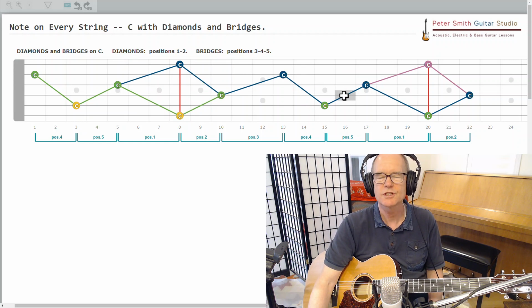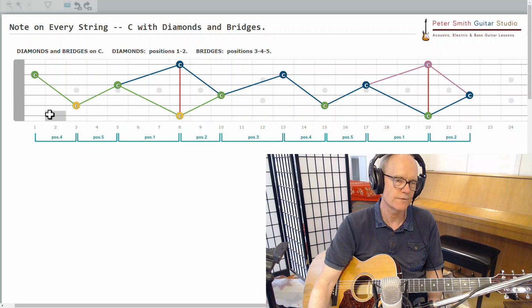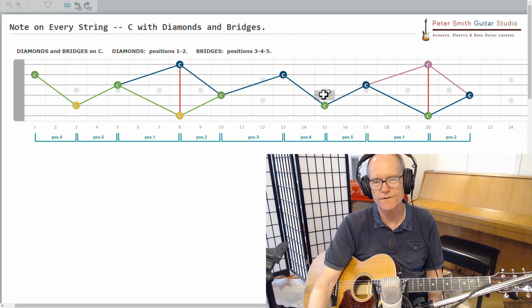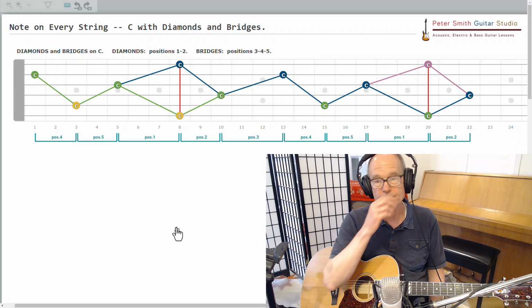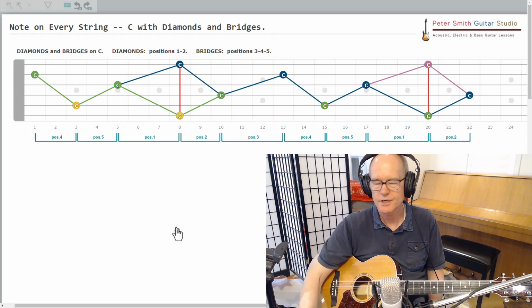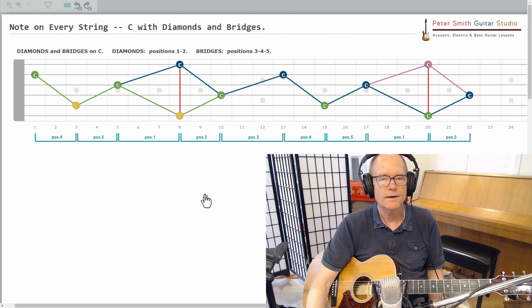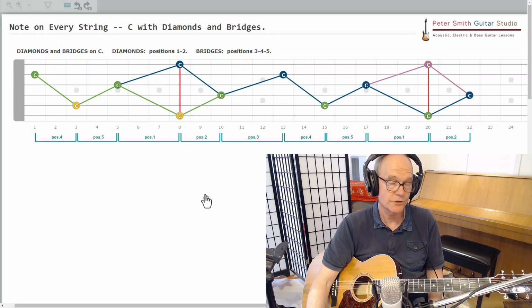from the bridge. And then we get into a new diamond, another position 1 and position 2 of the next diamond. Okay? And then down below here we have position 4 and 5, a partial bridge, so they compare to 4 and 5 of this bridge, right? But an octave lower. Okay? So we've got 4, 5, 1, 2, 3, 4, 5, 1, 2. So that's how the diamonds and the bridges pan out on the fretboard diagram and on